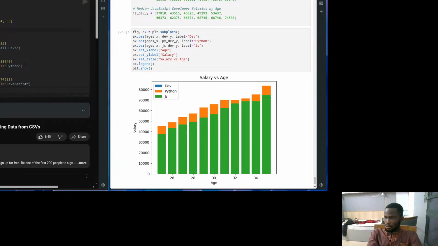And what that's going to do is it's going to create a variable called x_indexes, and that is an array of values. And those values